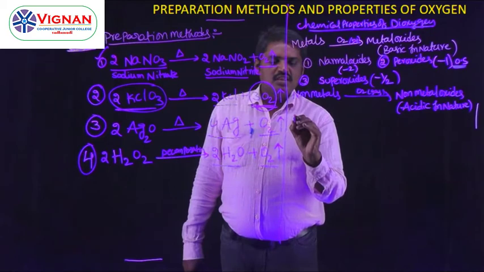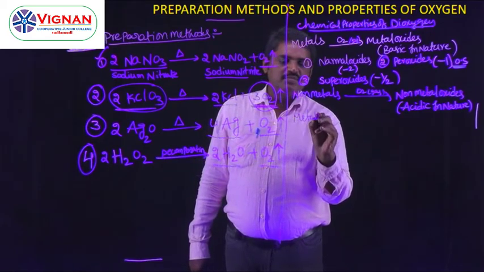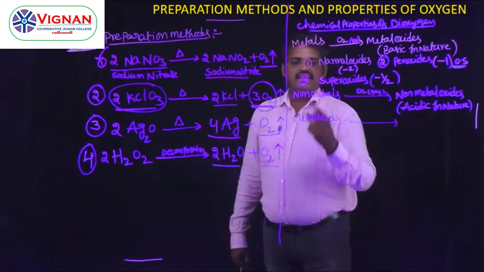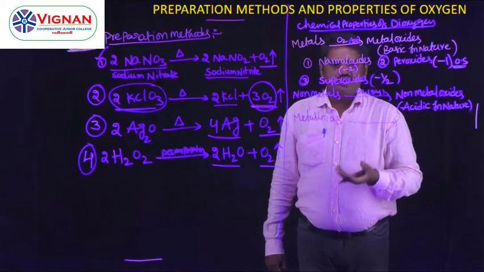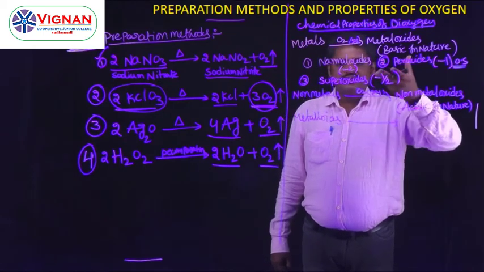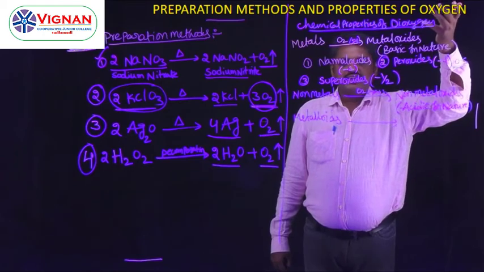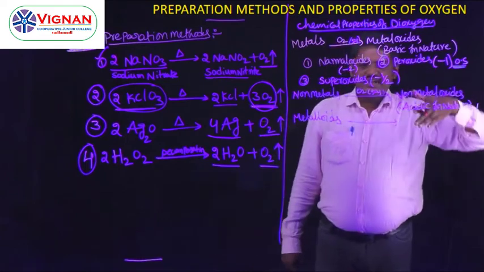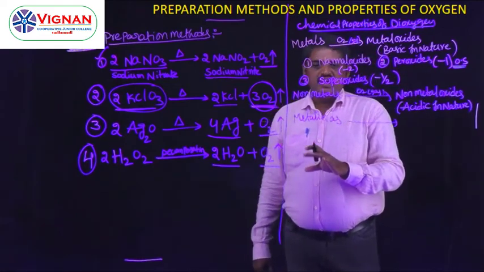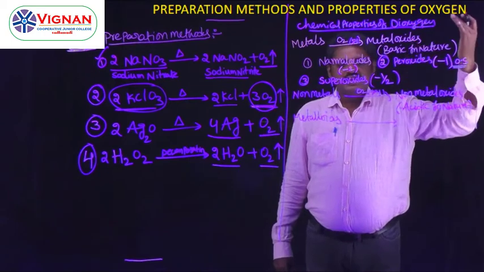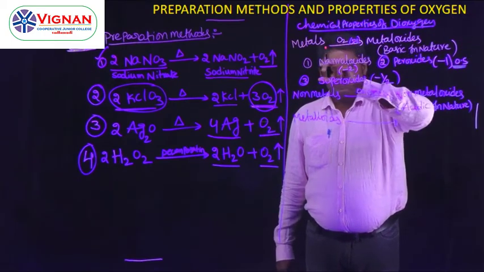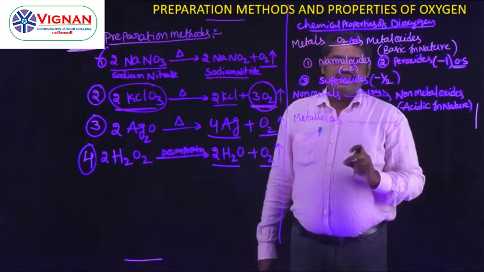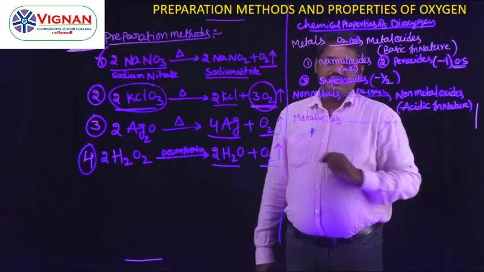And next, the third category of elements in the modern periodic table: metalloids. First category, metals; second category, non-metals. Metals are placed at the bottom side of the modern periodic table, and non-metals at the upper side, meaning the periodic table is cut diagonally. So the bottom side has metals and the upper side has non-metals. On the diagonal line itself, that portion holds the metalloids.